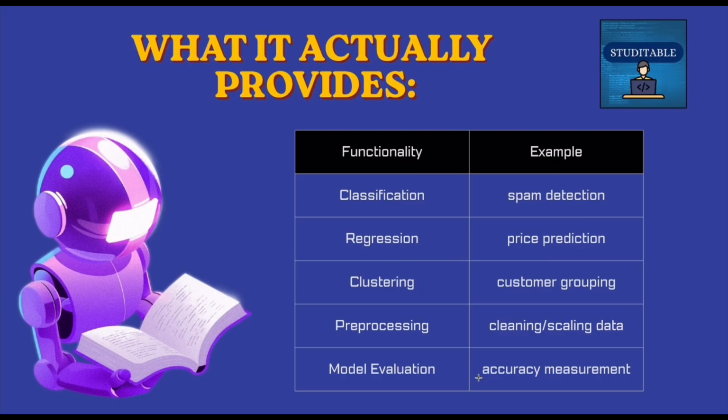And next is model evaluation, where we use different tools to find the accuracy. There are many tools that we can use in sklearn for the different models that we've just seen. We compare them to find the accuracy, we tune them to validate their performance using different techniques, and then based on that, the most accurate one is taken through the model evaluation. So this is provided by sklearn, where we can use the different functionalities, and based on that we can choose what we want to do.